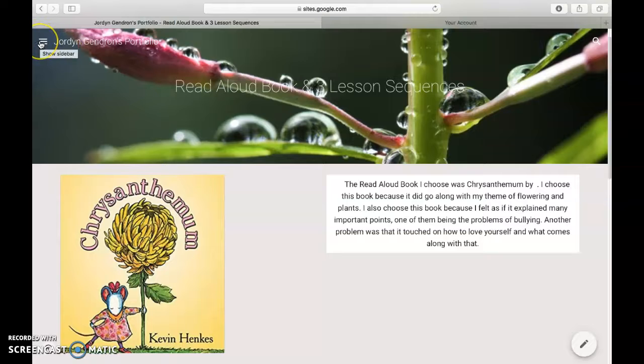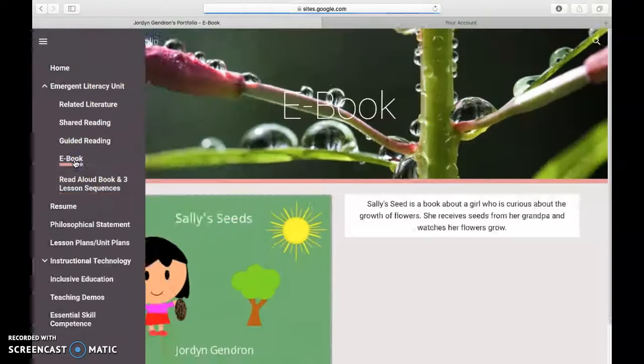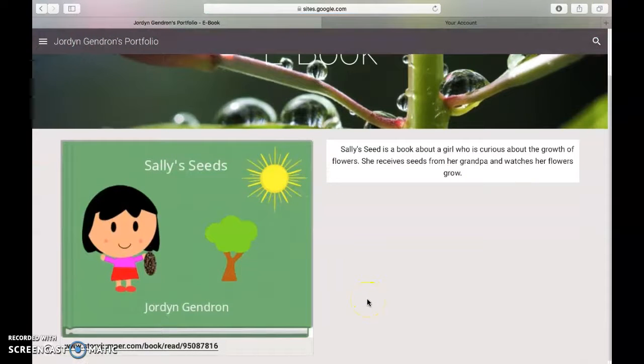And the last section within my balanced E-Unit is the ebook I created. The book I created is about a girl named Sally that plants seeds and learns about the growth of a seed. I made sure to include repetition and rhyming to help students better understand the story, along with helping them remember important details. Students can become assured during my Balanced E-Unit by taking each lesson plan and taking all the steps I provided to open up their imagination to more learning opportunities. And here's my book. If you click here,